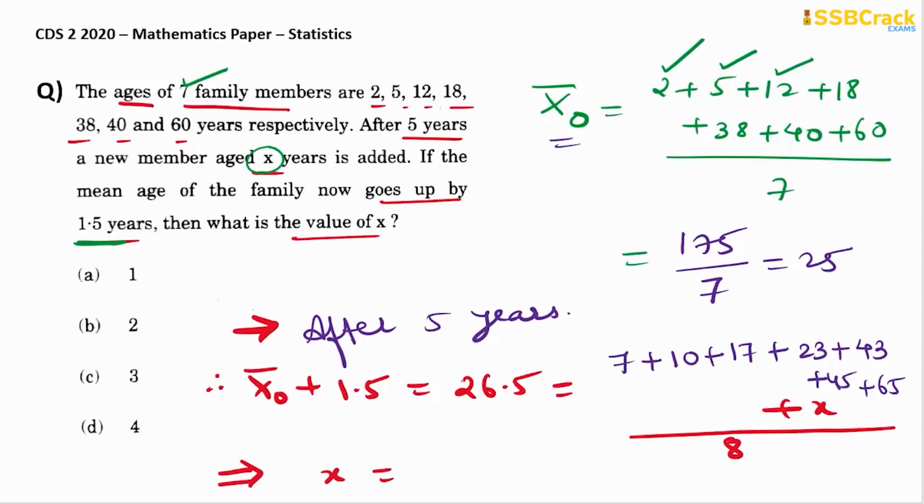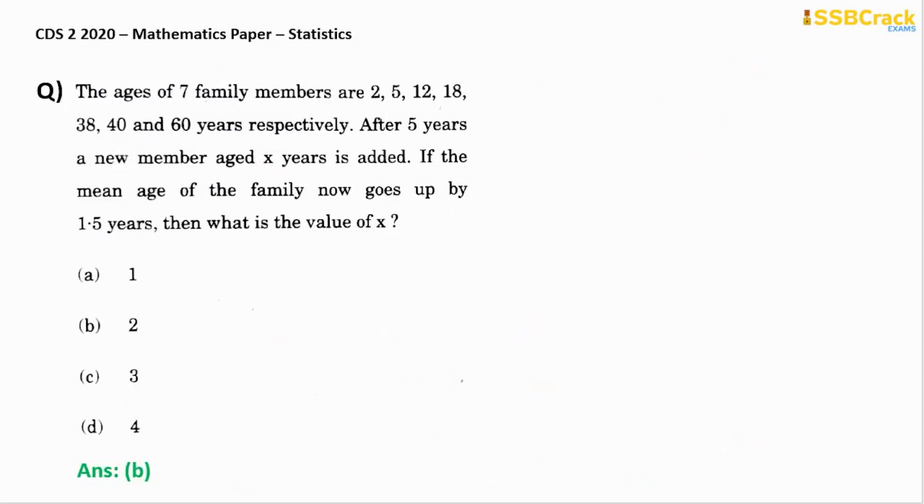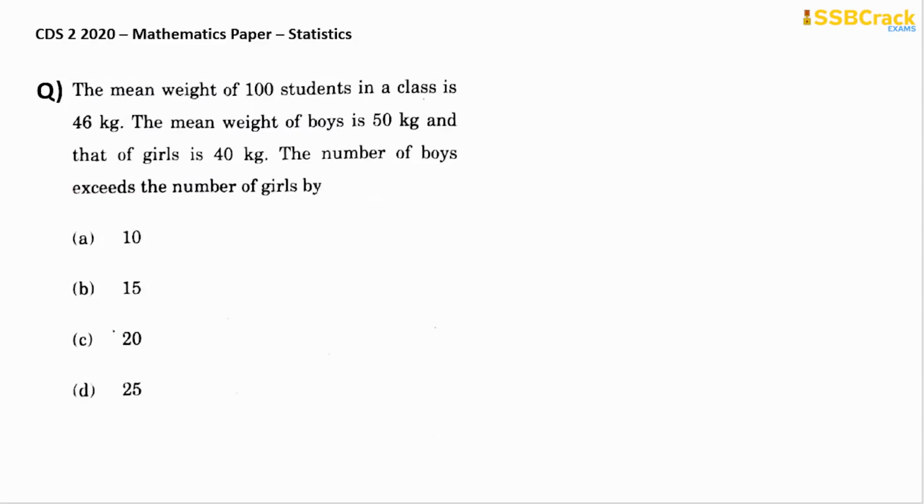On the left hand side, you could see that this number 26.5 will get multiplied by 8, and that will yield you 212, right? And on the right hand side, the addition of these numbers will total 210. So that has to be subtracted on the left hand side to get the value of x. So yes, you could see that the answer has to be then 2, right? So the value of x will be option B, that's 2. All right, coming to the next question on statistics.